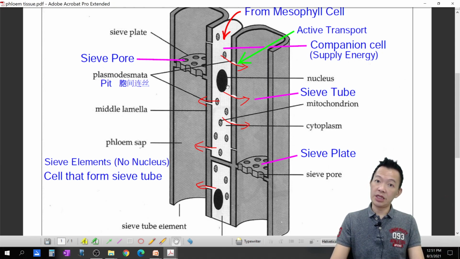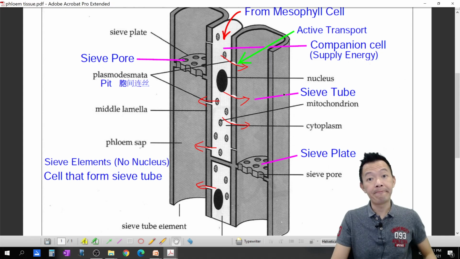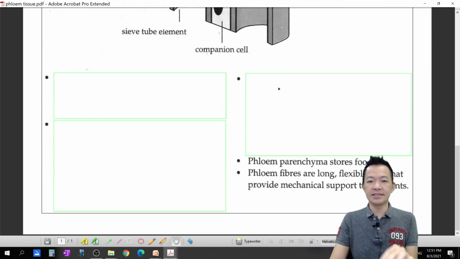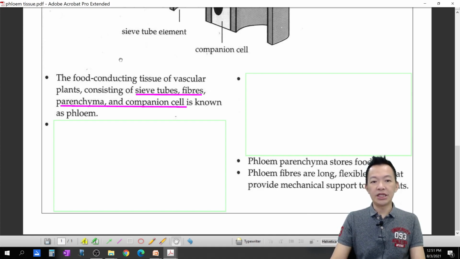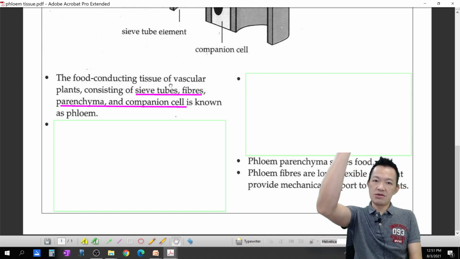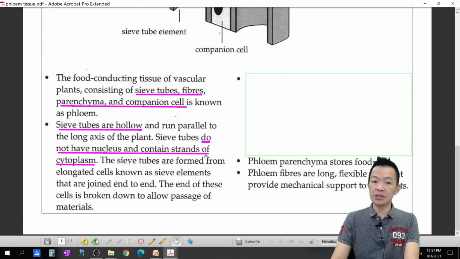Okay. 它的主要的底数就是 companion cell supply energy for active transport， 把食物搬进 sieve tube 里面。Okay. And now continue， 再来看仔细一点点。So the food conducting tissue of the vascular branch consists of sieve tube, yes， 这整条了。Fiber, parenchyma and companion cells。Okay, they join together become the phloem tissue 啦，它们结合在一起变成 phloem tissue。Sieve tubes are hollow 空的，Okay, and run parallel